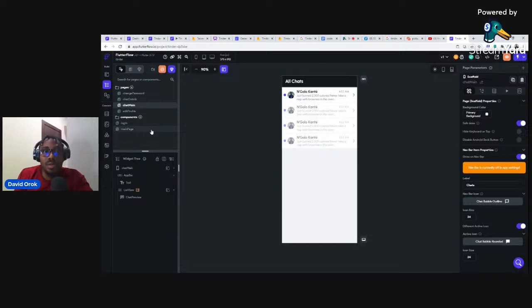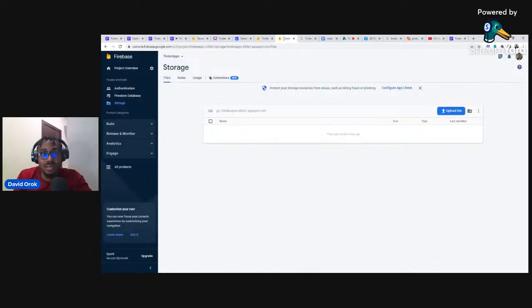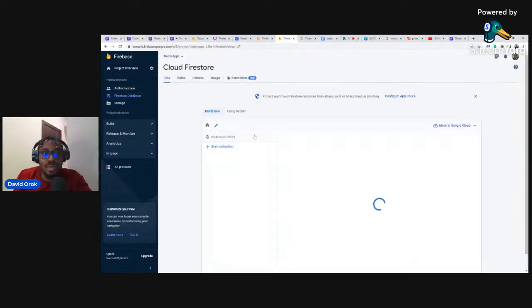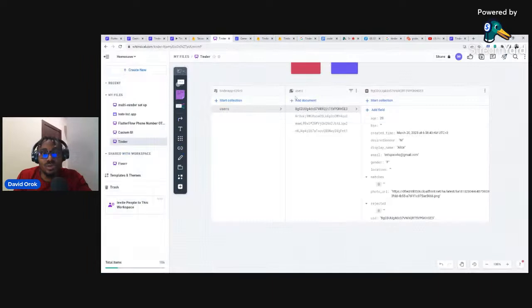All right, so the next thing we need to do is come here to Tinder. That's the Firebase project for our Tinder app, and then we will come here to Firestore, and this is where we are supposed to have our user collection. Something similar to what I showed you on the Whimsical. So something like this. We need to have at least 4 documents with pre-filled scenarios like this. Now the thing is this,